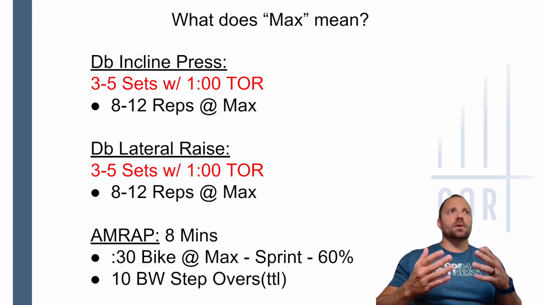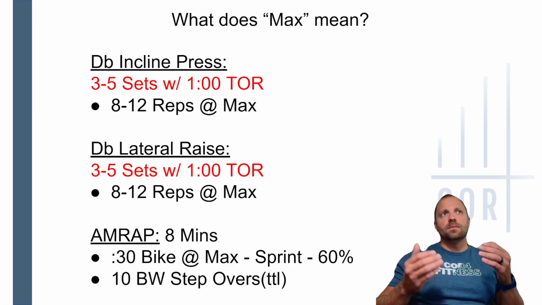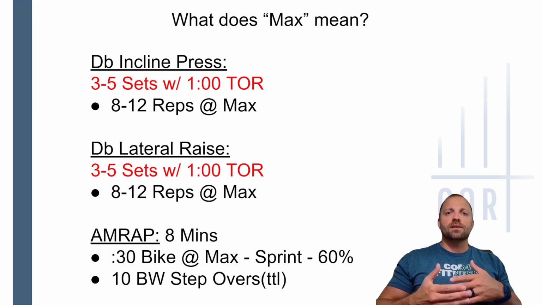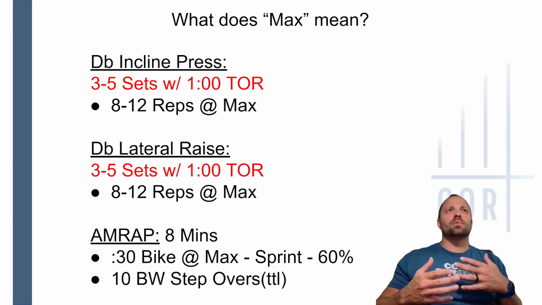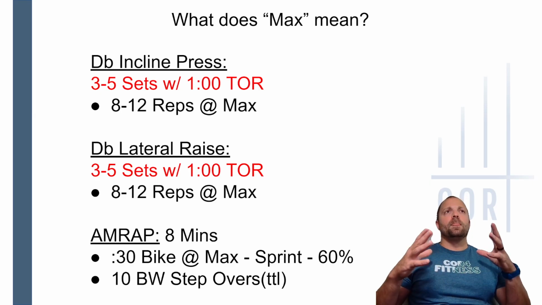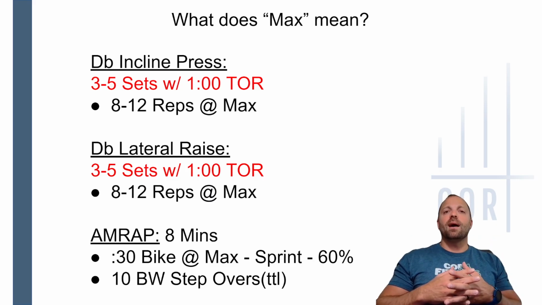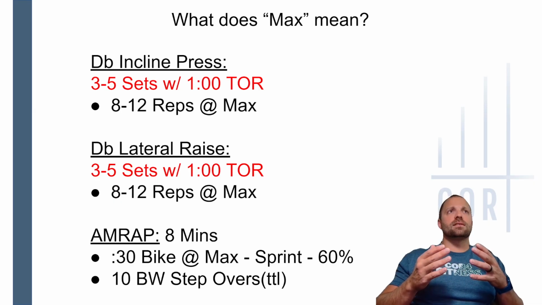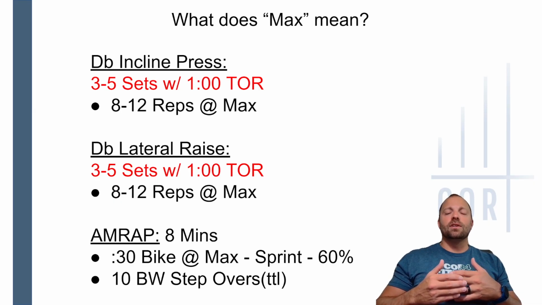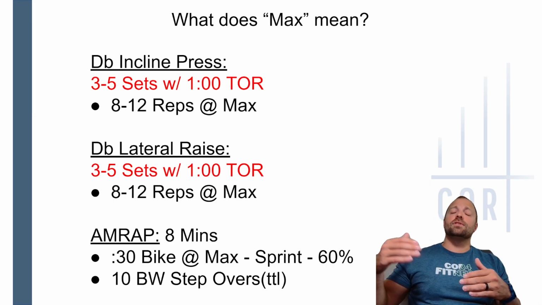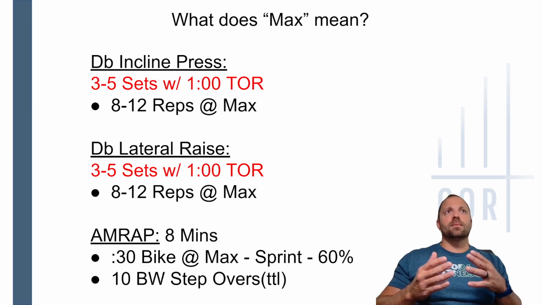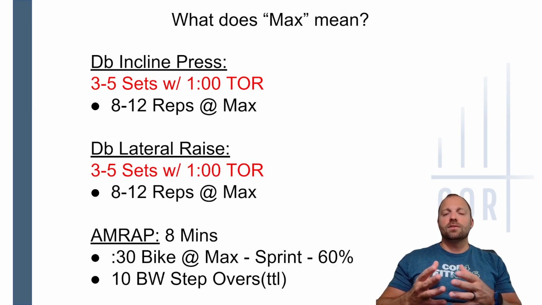But there are scenarios where it's better suited to put max here, given how exhausted or pre-exhausted, maybe, the amount of volume we've already done, the amount of lifting we've already performed. Where asking you to use a certain percentage gets really dicey because it is group fitness, and I want this to be as close to one-on-one programming as possible. But in certain scenarios, if I write a percentage to it, I know that it's going to be a catastrophic failure. So there are places and times where, based off of what we've already done or what we're about to do, I need to write something more open-ended and give you the autonomy to choose the weight that's appropriate for you.